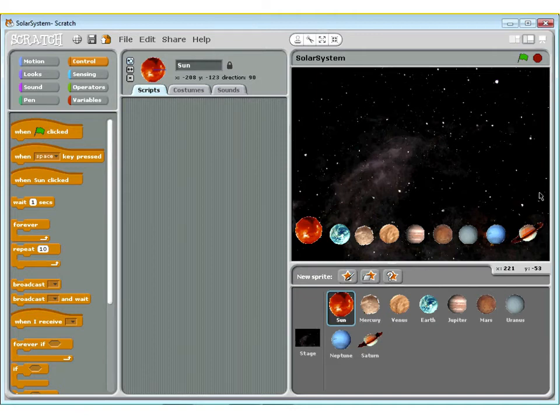One was very simple: put the planets in the correct order from the sun. Another one was, it's impossible to do a perfect scale, of course, but try, as best you can, to size the planets relative to one another. And obviously you need to exclude the sun because that would totally set off the scale. But what the kids would do, and we wouldn't tell them